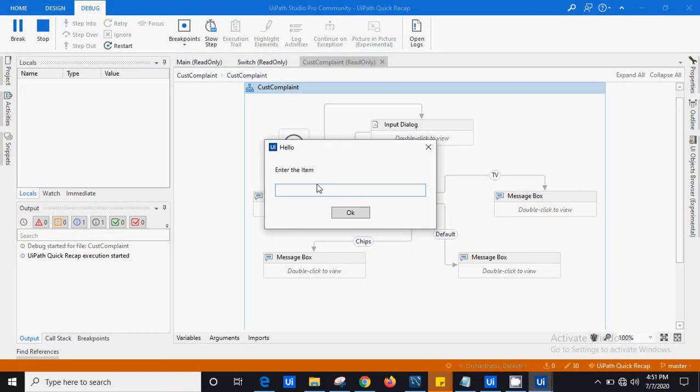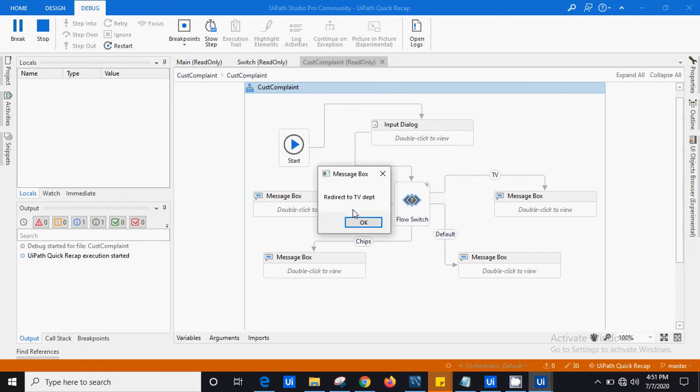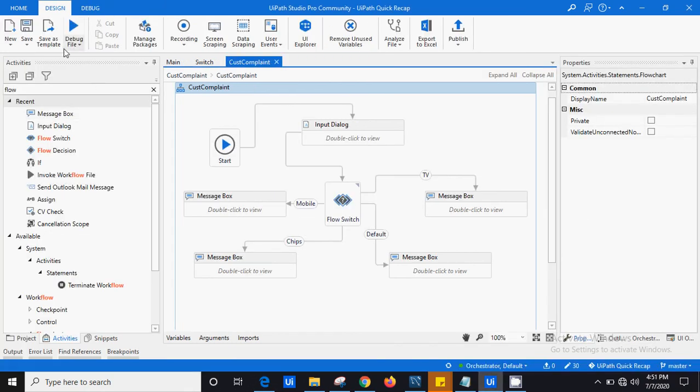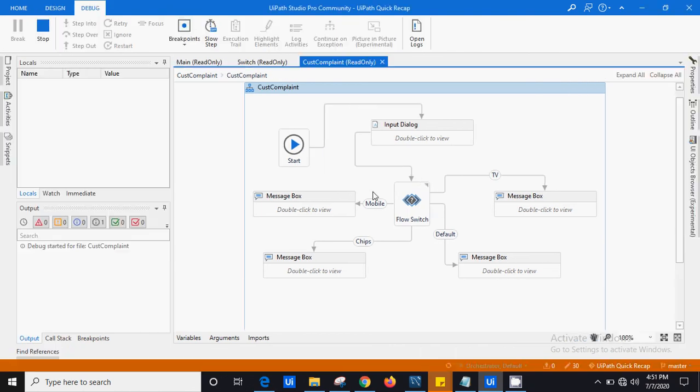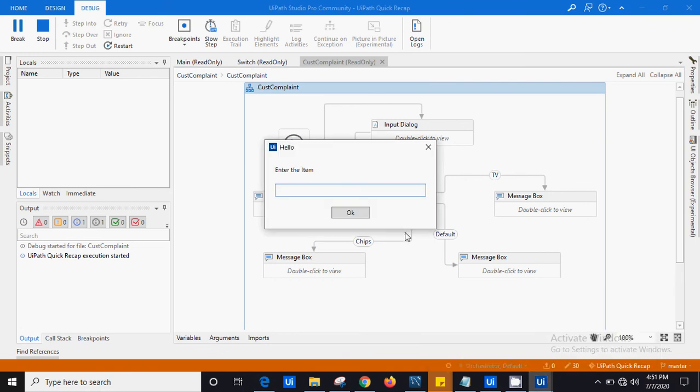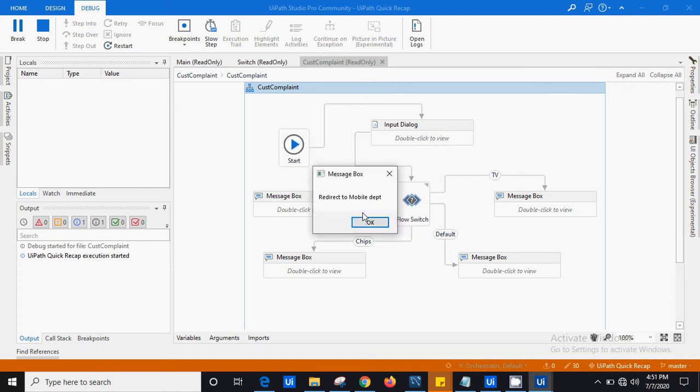Let me write, say, TV and let's see what will happen. It has redirected to the television department. Let me type mobile. It redirected me to the mobile department.